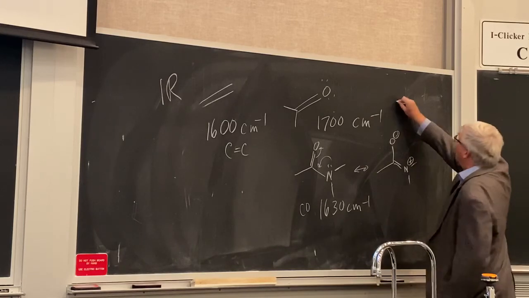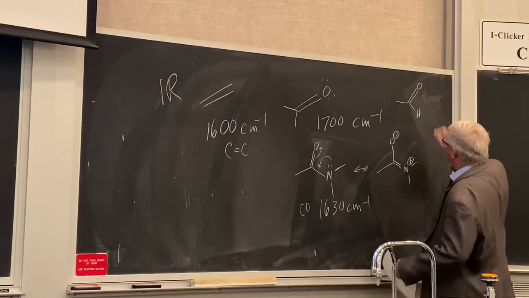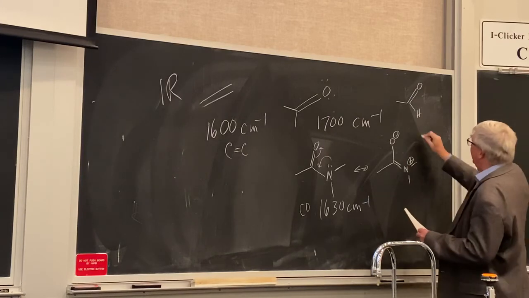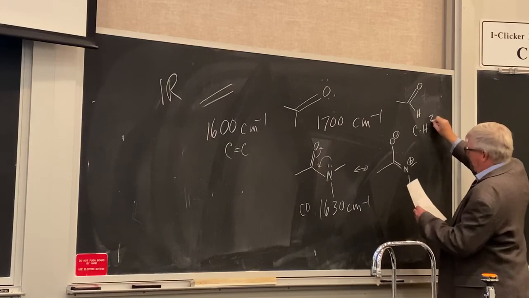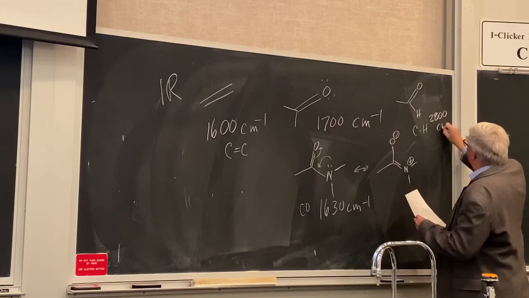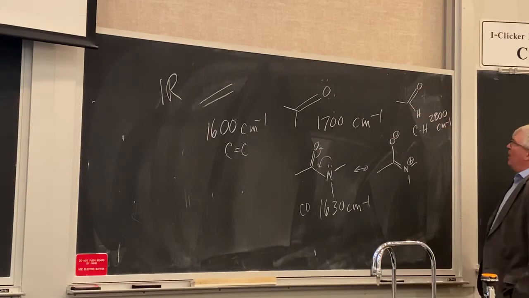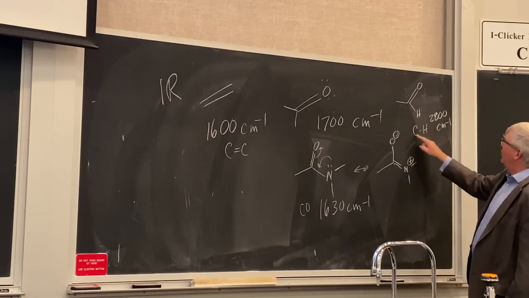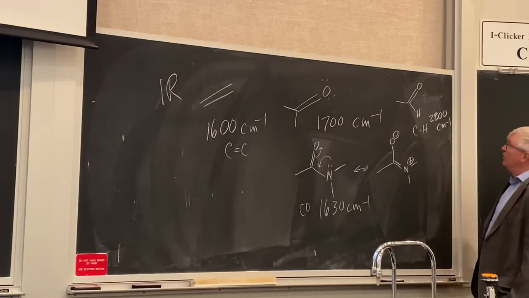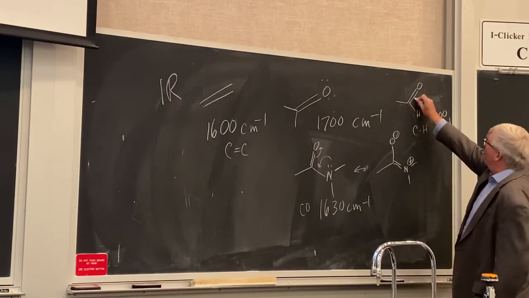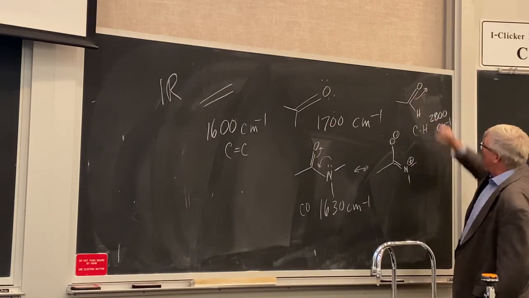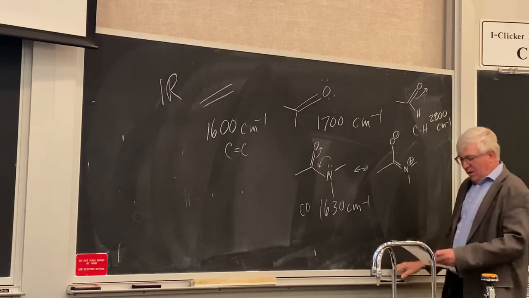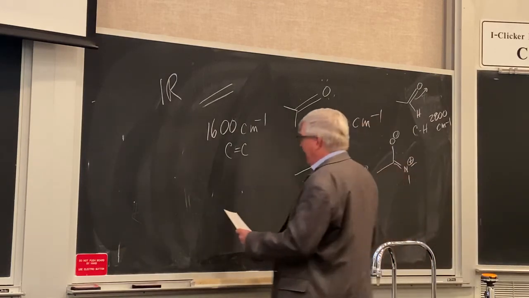Now, there's another thing about aldehydes, a little bit different, and that's due to this CH stretch, which is right here, and that's at 2800, okay? And that's quite a bit lower than a normal carbon-hydrogen bond stretch, okay? Or certainly an oxygen-hydrogen stretch. But why is that? Well, it's because of this partial plus charge there, making it easier to stretch that bond, okay? Let's look at an enone